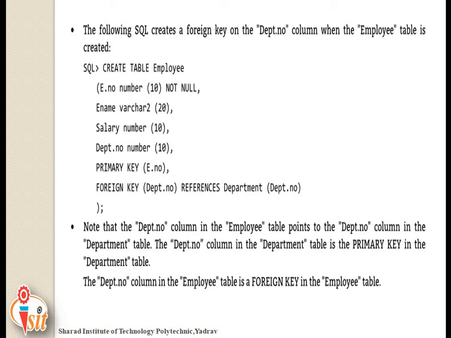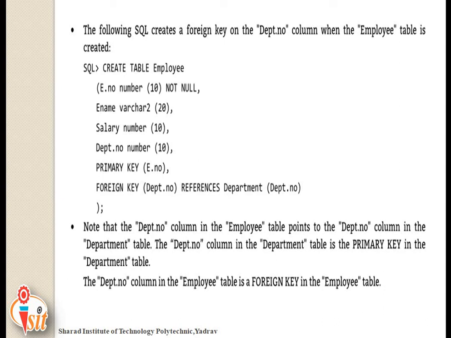Now how to create a foreign key? Foreign key, bracket, department number, references the department number. That's why references is used to create a foreign key which works as a primary key of another table. Note that the department number column in the employee table points to the department number column in the department table.